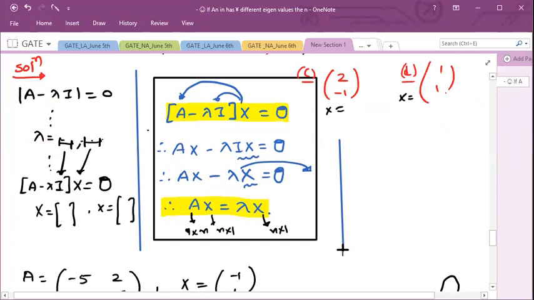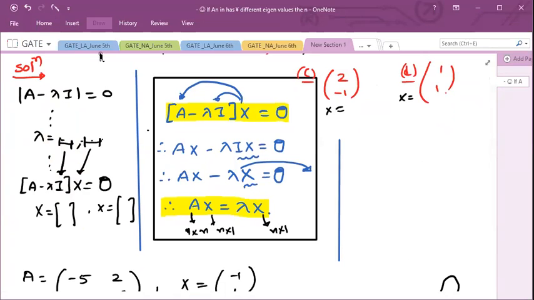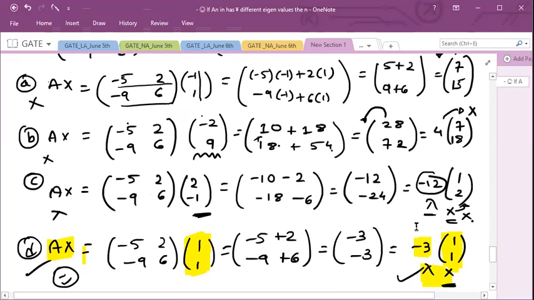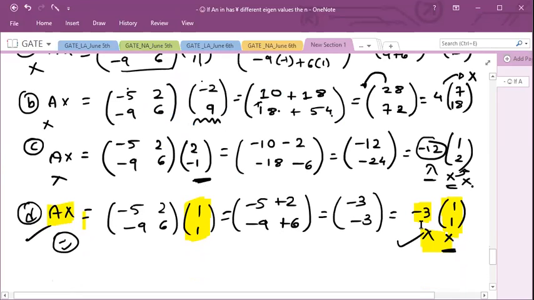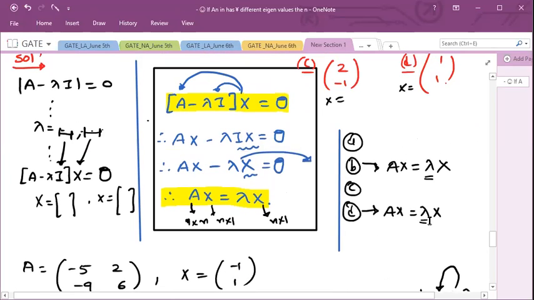Another thing, one question you may ask: while doing this method, if we are getting Ax equal to lambda x in more than one option, then what should we do? Here in options A, B, C, D, we got Ax equal to lambda x in this option only. But suppose I am getting Ax equal to lambda x in more than one option, at that time what do we have to do? With this method, we are getting only constant numbers outside of the matrix. Now whether these constant numbers are lambda or not, we do not know. So for that, you can find lambda separately.